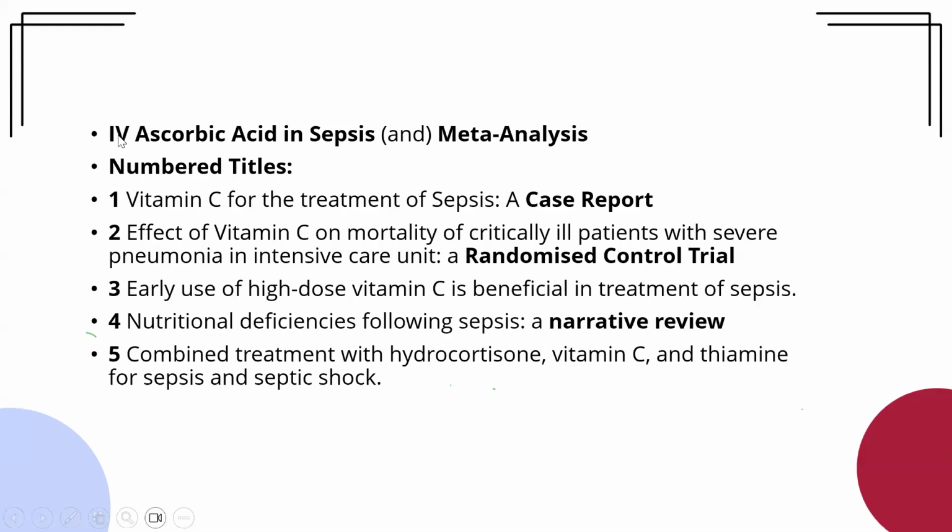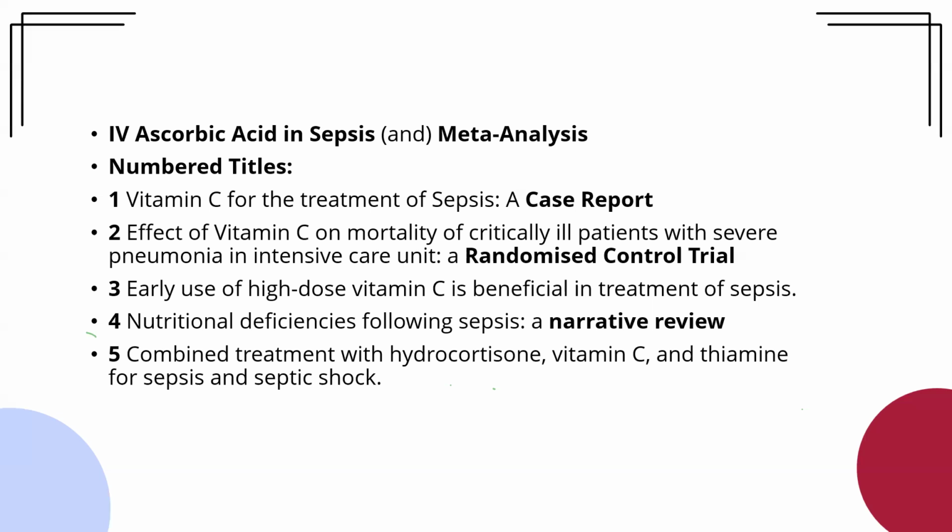So, if I'm doing a systematic review and meta analysis on IV ascorbic acid and sepsis, and there is one article that is vitamin C for the treatment of sepsis, a case report, this thing I will automatically remove in primary screening. Why? Because I am doing a systematic review and meta analysis of only RCTs and cohort studies. This is a case report. Automatically remove the case reports in the primary screening. You don't need to even go through their abstract. If it is written a case report, remove it. You're just concerned with RCTs, you're just concerned with cohorts, nothing more, okay?